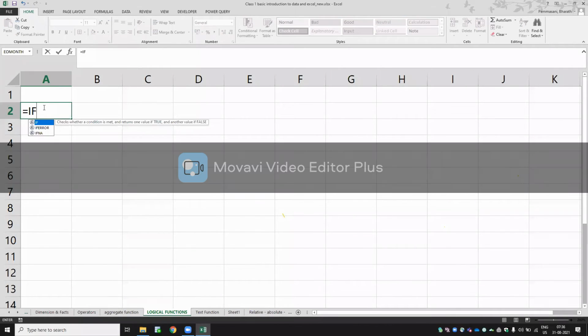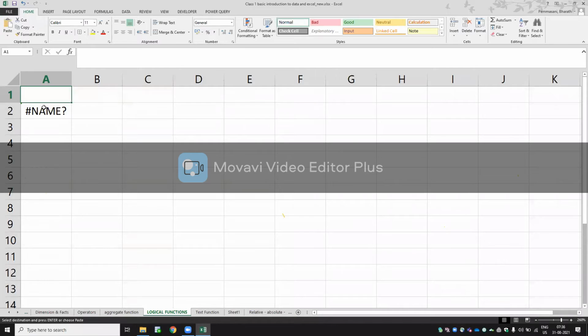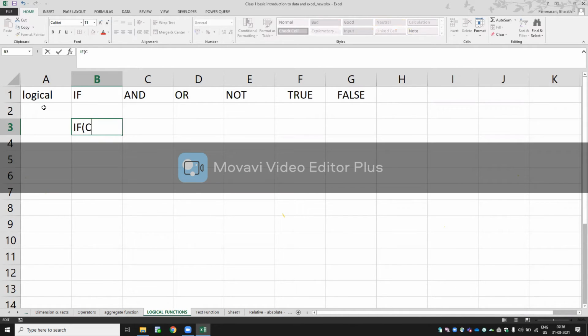So first let me write the syntax for the IF condition. Equal to IF, open the brackets, condition. If this condition is true, it should give the true value. If this condition is false, it should give the false value.